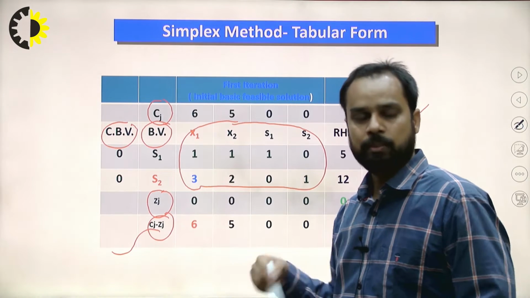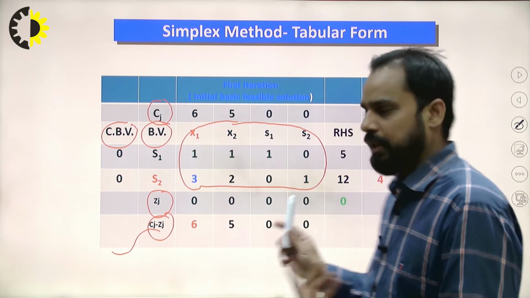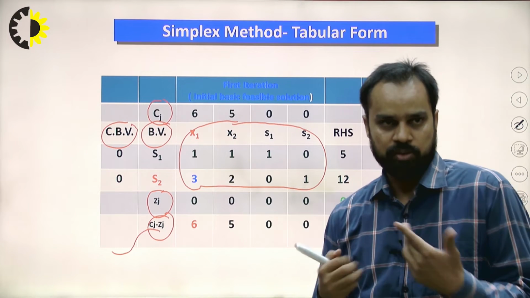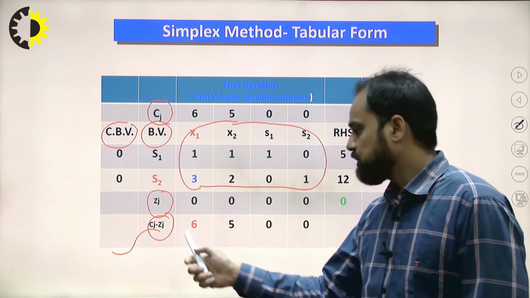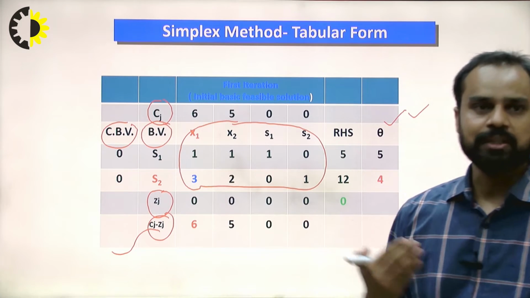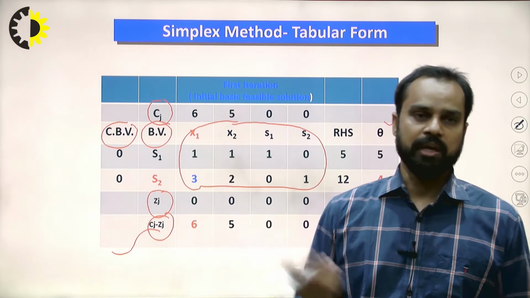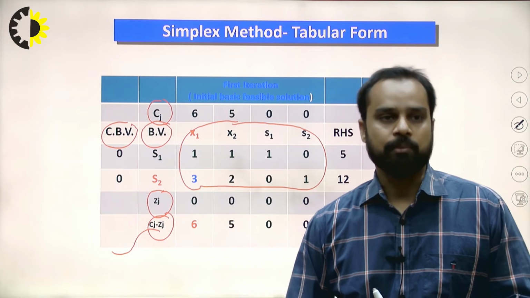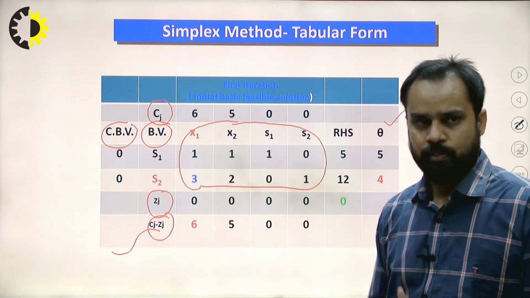On the basis of Cj minus Zj, firstly we decide the key column. The term theta is used to decide which variable will leave the basic variable table, and Cj minus Zj also indicates termination. When all the values of Cj minus Zj are either 0 or negative for a maximization problem, that is the termination criterion for an LPP problem, right? So we have already seen this method.